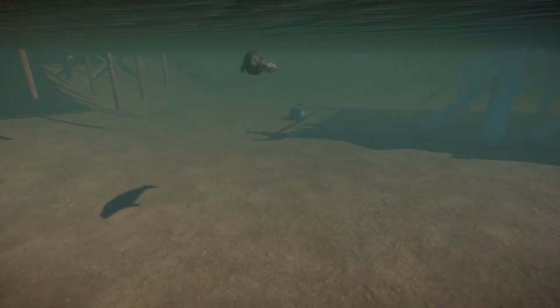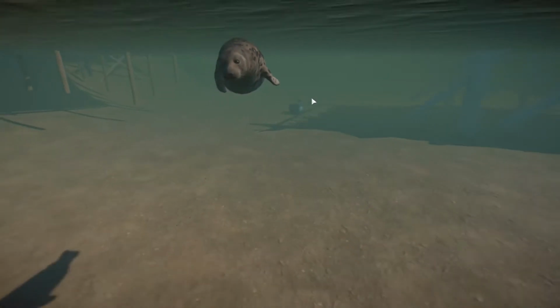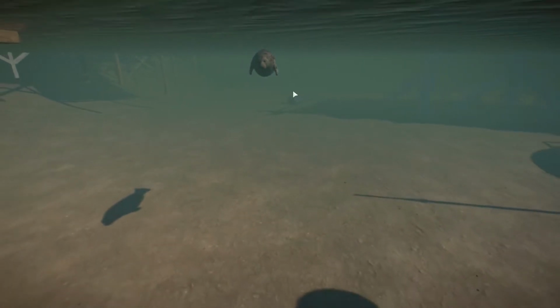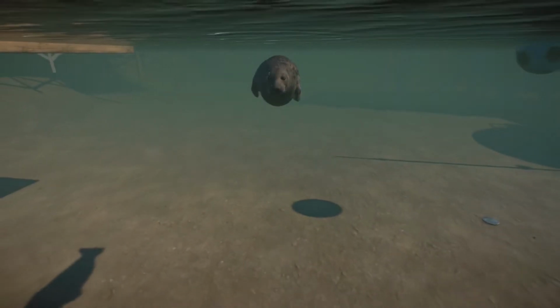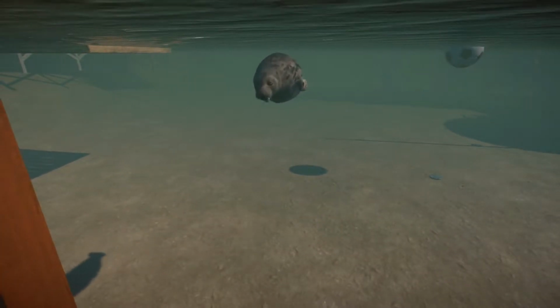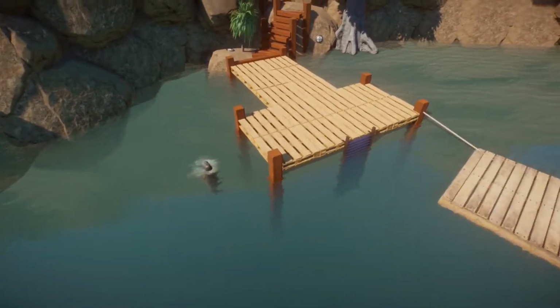Let's go underwater. There they are. We have got an underground feeding, whatever it's called, underneath here, what feeds the seals. That's, again, a new part of the Aquatic DLC. And a little ball for him to play with here. He's currently swimming over here to our little